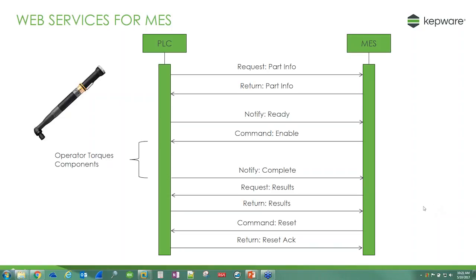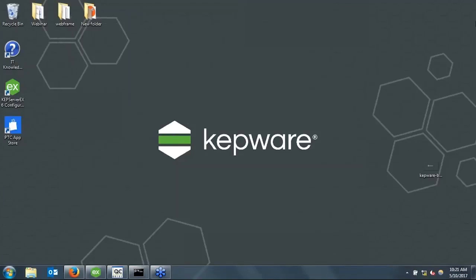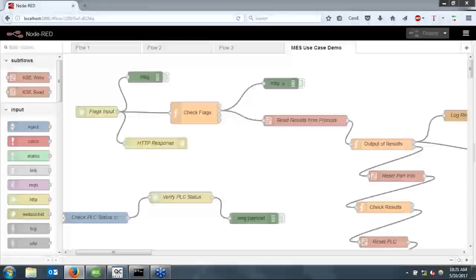So if we look here, what their messaging exchange is, and for those that are in the industrial spaces, it probably isn't too foreign: the idea of taking a few steps, interfacing from your MES system with your PLCs to identify the part information that the tool at the line is going to be working on, whether the information is ready to be ingested, whether the tools on the manufacturing floor are ready to be